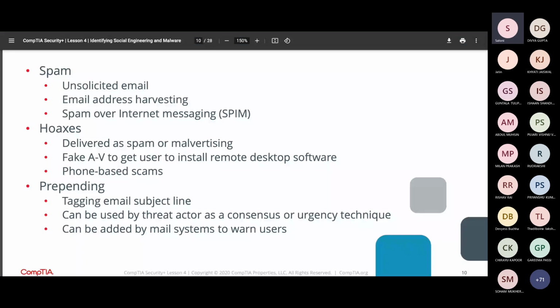So this phishing or the hoax email that can be made more convincing by prepending. Now, prepending is something where, in an offensive sense, prepending means adding text that appears to have been generated by the mail system. कोई ऐसा टेक्स्ट ऐड करना जो कि ऐसा लगे कि मेल सिस्टम की तरफ से ही जनरेट किया गया है. So this basically involves like tagging email subject line. So, for example, an attacker may add RE, like ऐसा लगे, the to the subject line to make it appear